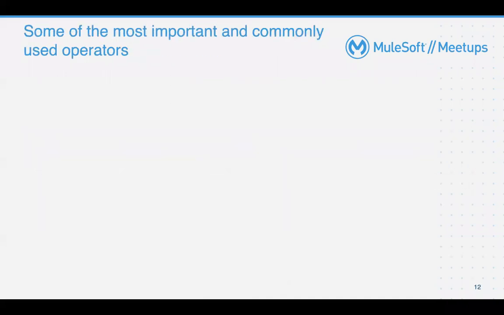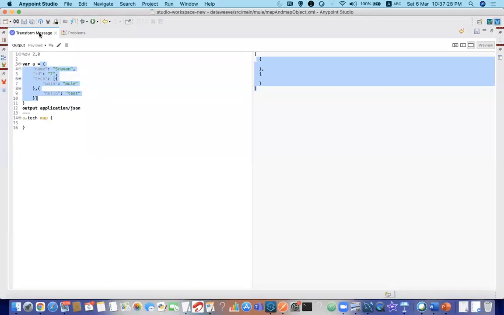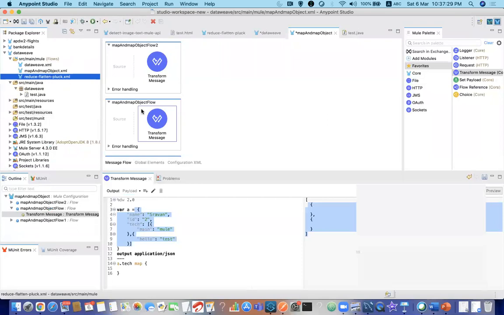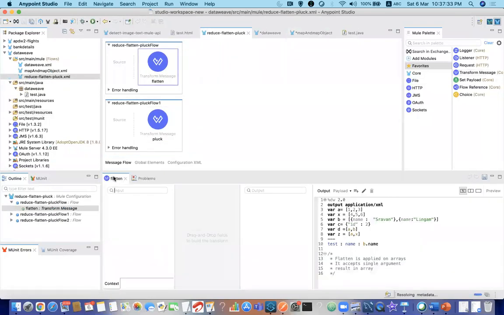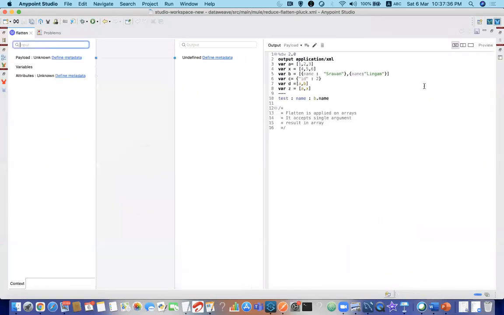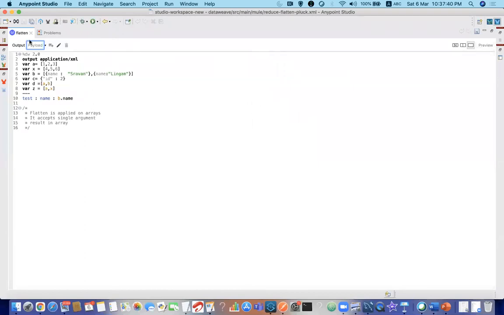Okay, let's do some hands-on on those three. Let's go with flatten first. Okay, consider that I have these many arrays, or values are arrays. Let's see what I am doing.